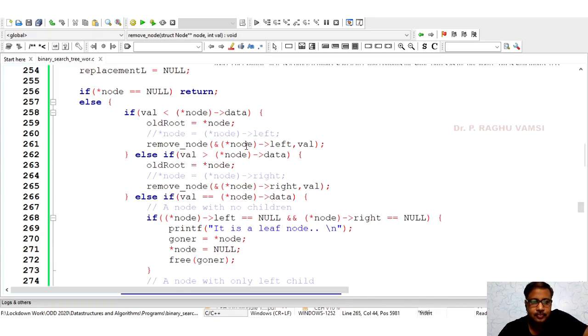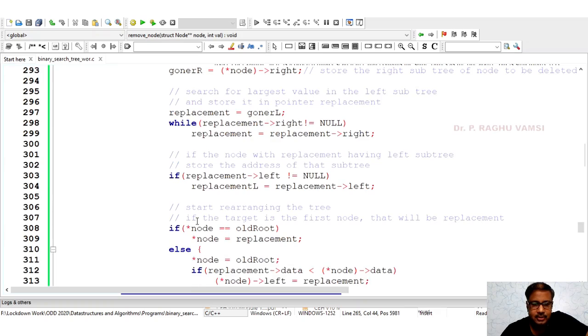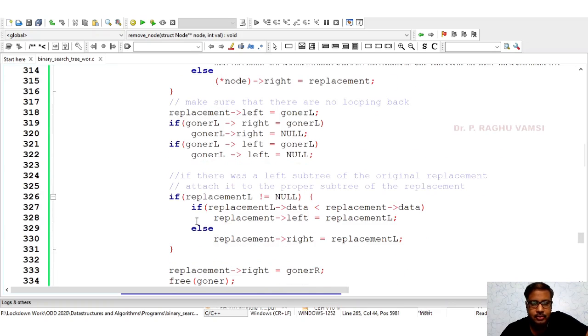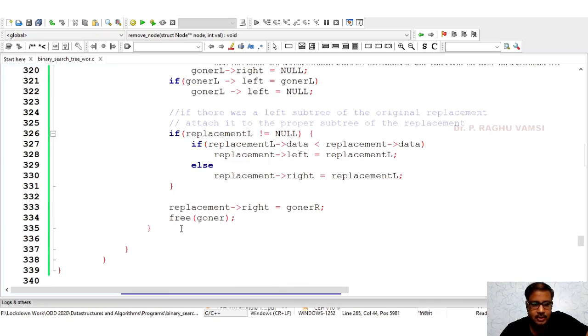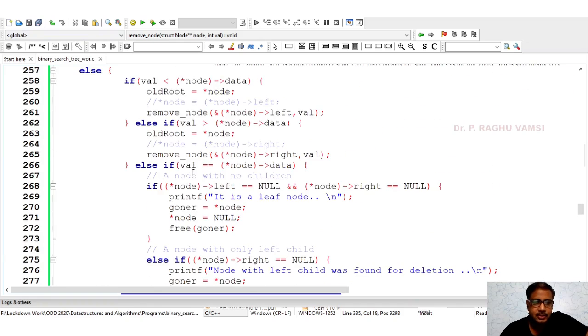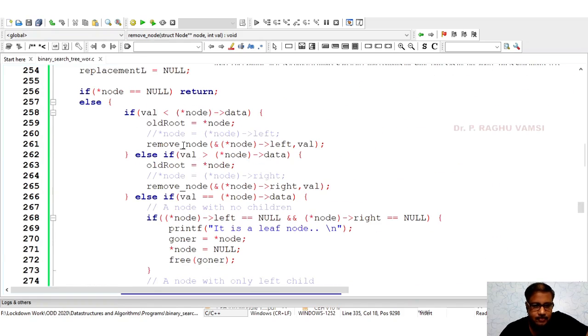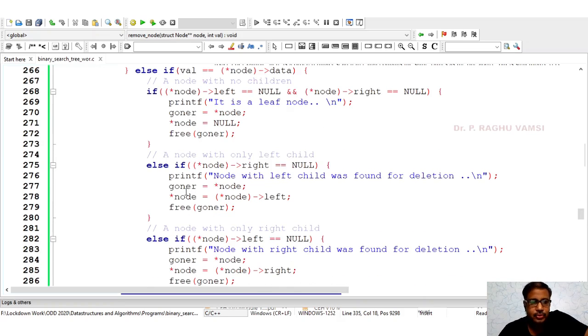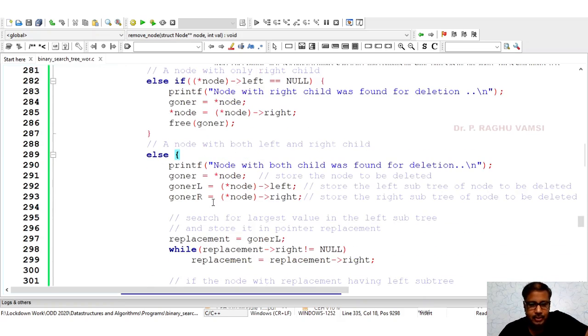That means we will go for the left side and the right side, and we'll use this particular iterative way, or without recursion, of deleting this particular node. That will do it. So the small modification I made is, once the value is less than node data, then move towards the left side, and if the value is greater than node data, move to the right side. But for deletion, we use it without recursion only.